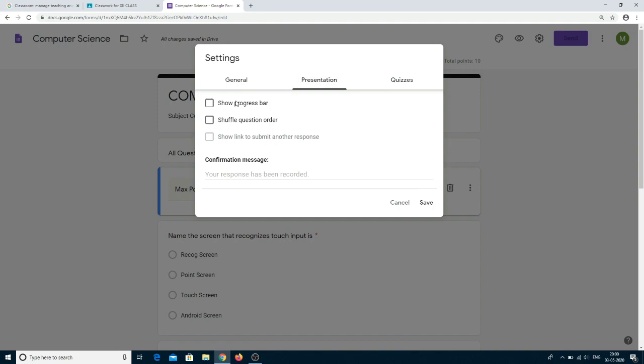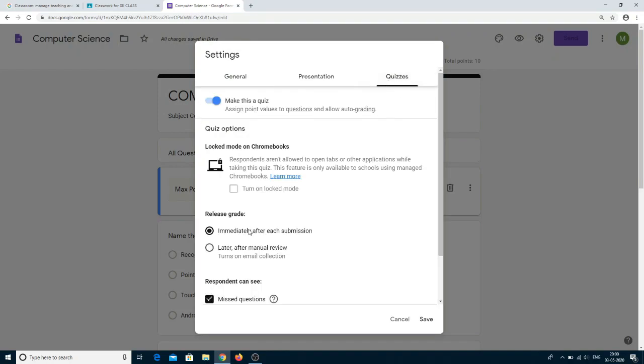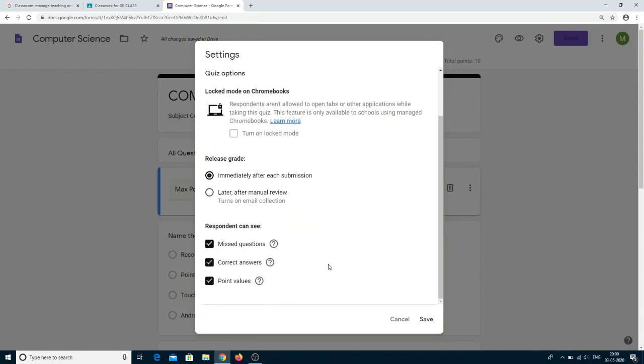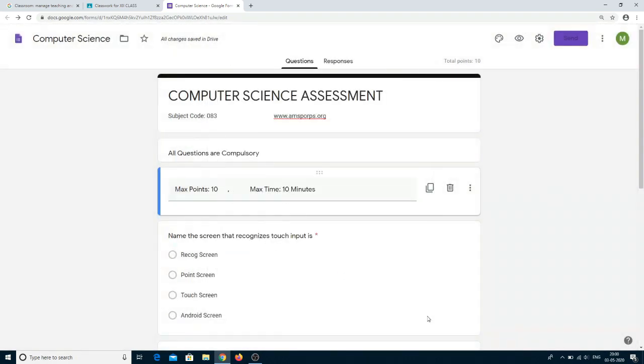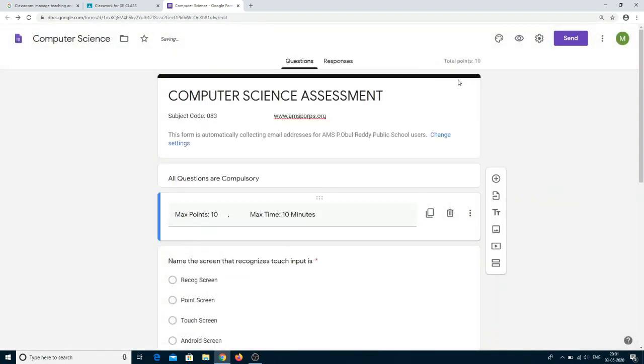Next go to presentation, show progress bar, and next select the checkbox shuffle question order. Next click on quizzes. So here, immediately after each submission, release the grade, and on the bottom respondents can see missed questions, correct answers and point values. So click on save. So here for a total of 10 points we have created one computer science assessment with all the required details. So once the form creation is completed, you can close this